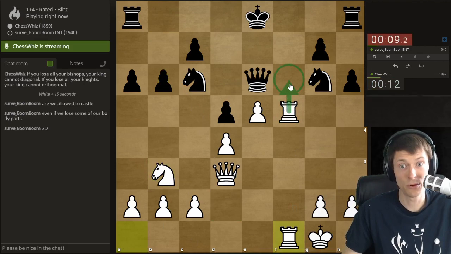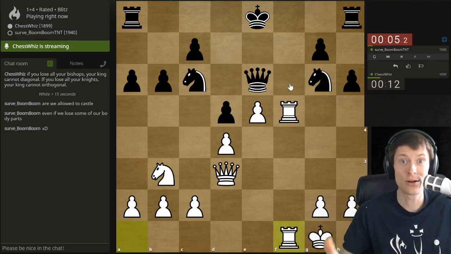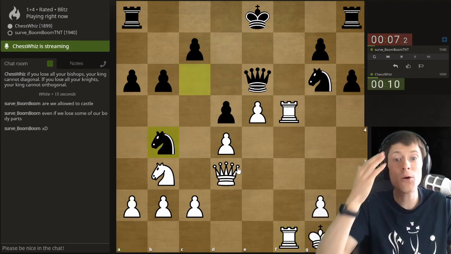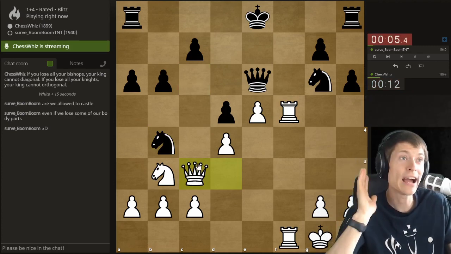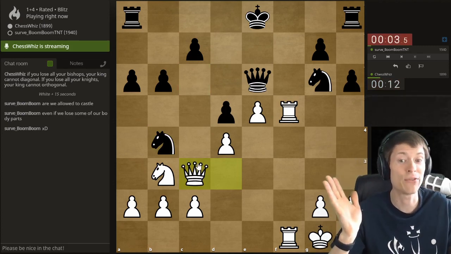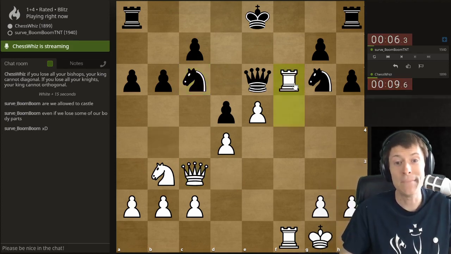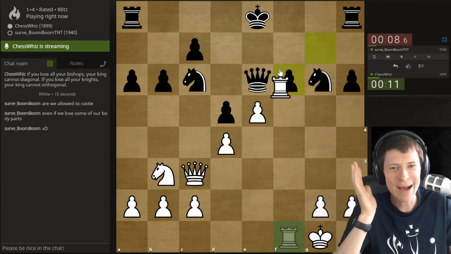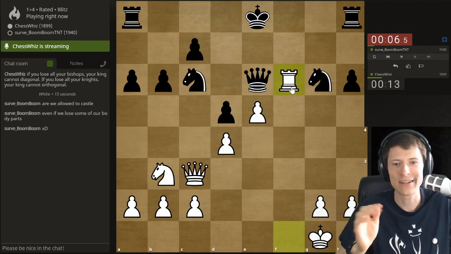Now, this is the perfect move, of course. If you've lost a knight for no compensation, the best thing to do is trade a rook for a pawn, because then you're going to forget completely about the knight. At first, you're like, oh, my life is so terrible. I've lost a knight. But then you're like, I've lost a rook, and I have no idea how many knights I have right now. They're not in the picture. So this is the best move. Look at this. I am so happy right now because I have no idea that my life is terrible. That's generally how you can tell if you're happy or not.